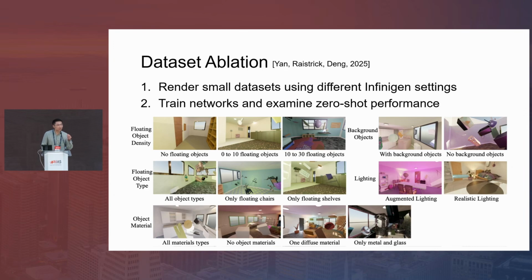I would like to just give you some examples about this idea of data that can be optimized and customized. So here, one thing that we can do with procedural generation is that we can ablate the data very easily. We can ask questions like, okay, what makes synthetic data effective for particular tasks, right?